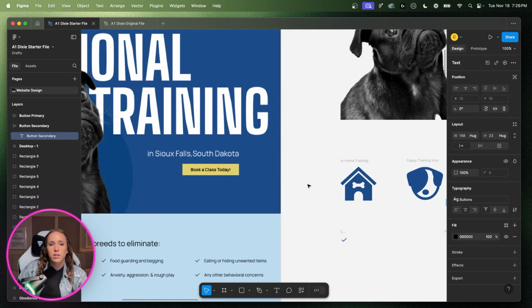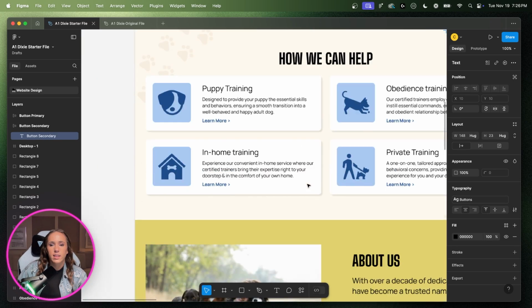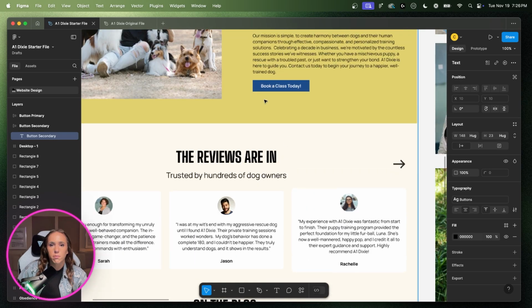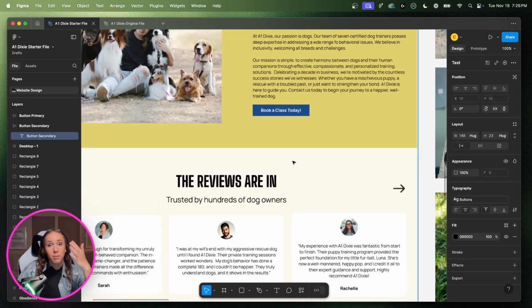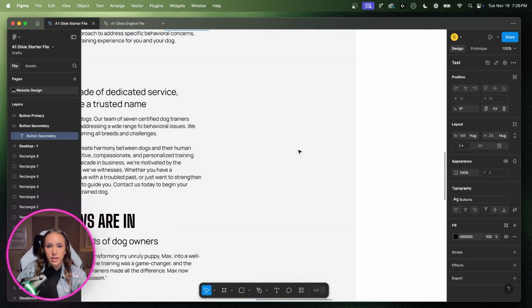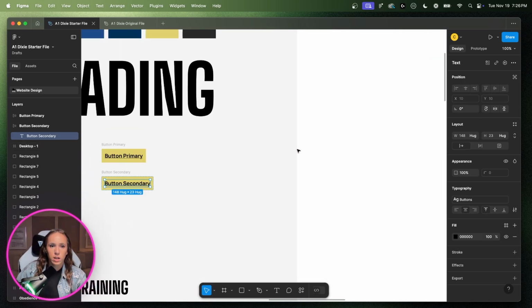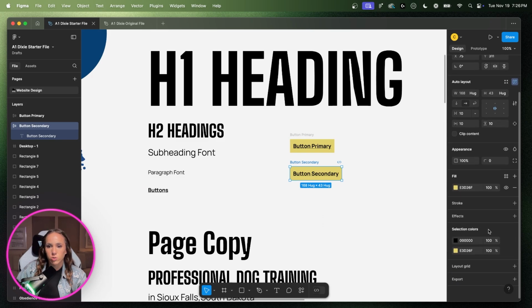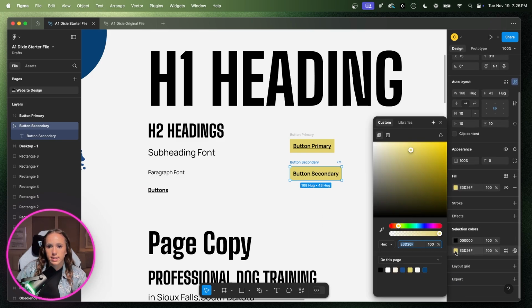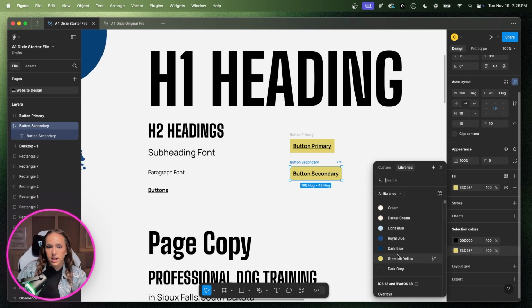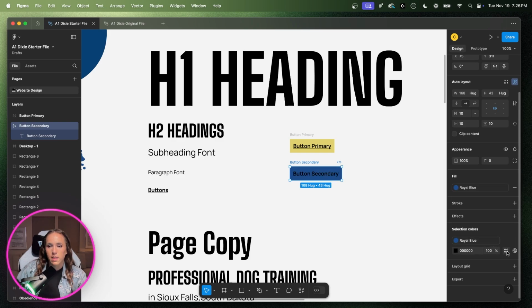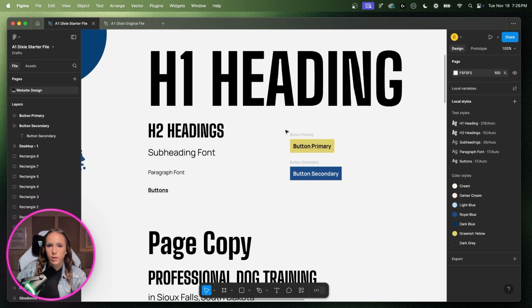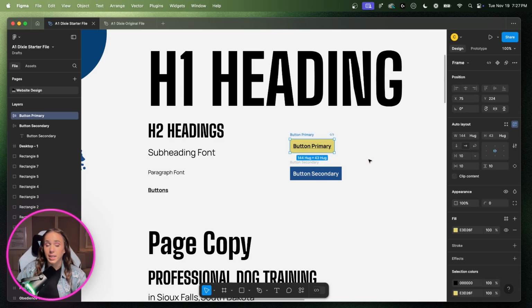So if we go back to our design right here, you will find that we will also be using a blue button within this design. So I'm going to use that one as our secondary button. So let's scroll up. Let's select our button, scroll down to our selection colors. Let's go actually to our styles, click royal blue. And then I also want to change the text to cream. So now we have our first primary button that we can easily copy into our